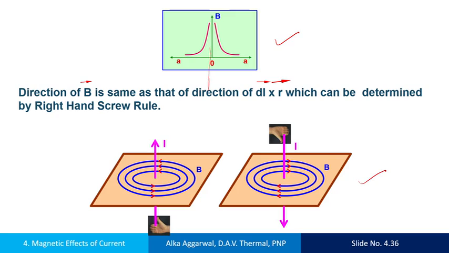The direction of the magnetic field is given by the right hand thumb rule. According to the right hand thumb rule, if we hold the conductor in such a way that the thumb gives the direction of the current, then the curl of the fingers gives the direction of the magnetic field. So here the magnetic field is in anti-clockwise direction. Now here the current is in downward direction. So see, when we apply the right hand thumb rule, the thumb is in the direction of the current, then the curl of the fingers gives the direction of the magnetic field. And see, here the magnetic field is in clockwise direction.